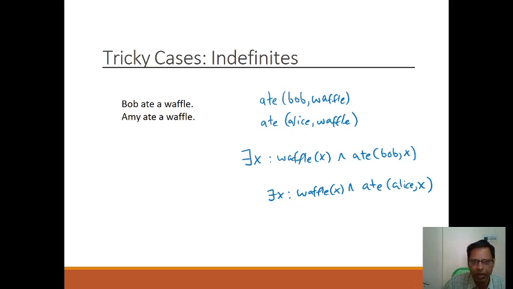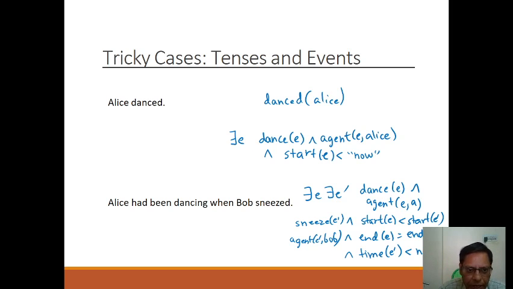Okay, here what happens is that Bob and Amy ate a waffle. Is it not? So for all x, waffle x and ate Bob, and ate Amy. Okay, the waffle is eaten by Bob and Amy. The statement is reflected in terms of machine language like this. Okay, so Bob and Amy ate a waffle. Two statements are combining. Alice danced. Alice danced. These are the examples we are showing here to understand how a statement is converted into the logical form.